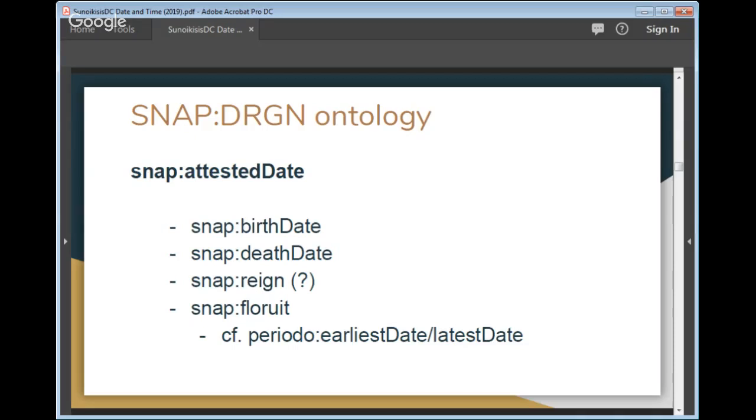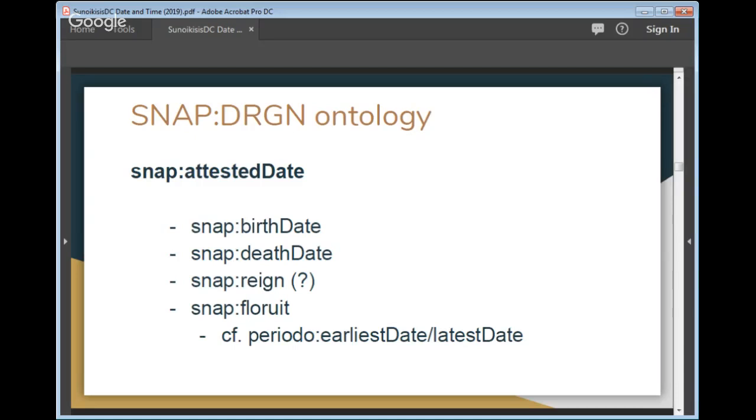And it's worth comparing how other ontologies for encoding date information do these things. The Periodo ontology, which I think Frank will tell you about briefly later, has earliest date and latest date properties, which mark the beginning and end of a period. So this sort of thing comes into this. But the important thing from SNAP's perspective, and this is the final thing I'll say on this topic, is that